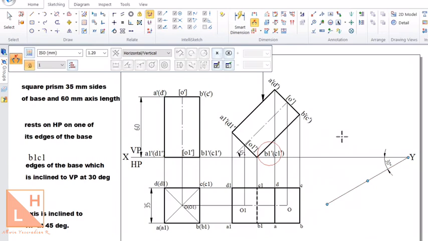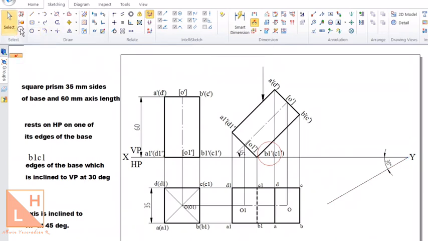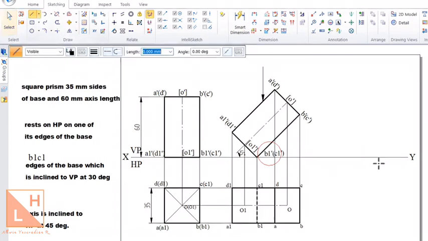Drawing the 30-degree line here will make the whole projection of this second position go beyond the XY line, which must not happen. As I have told you even in the projection of planes, it is not mandatory that you have to draw the 30-degree line from the XY line only. You can simply draw a horizontal line and measure 30 degrees from that line also.